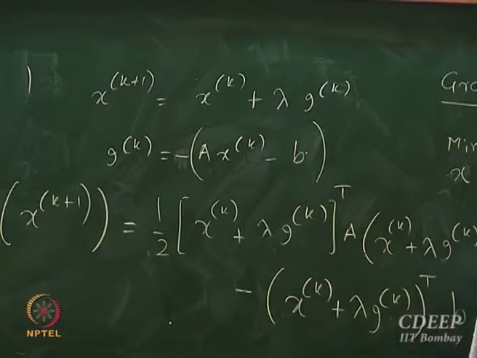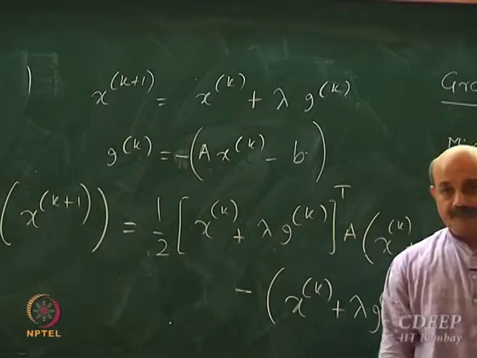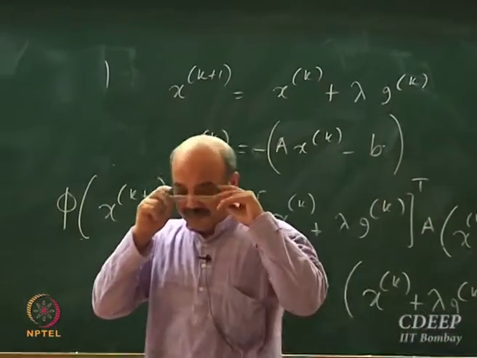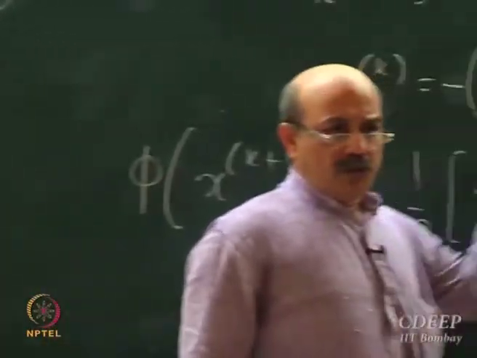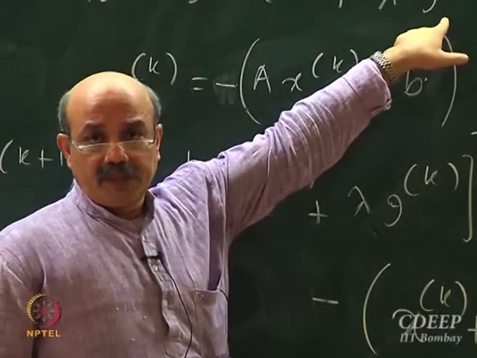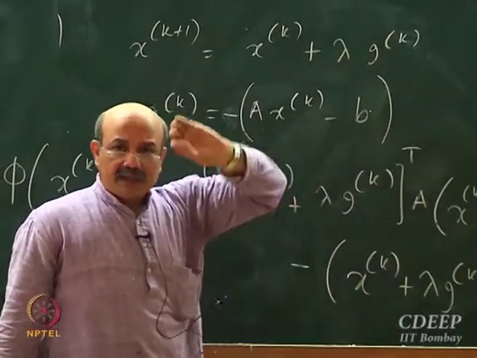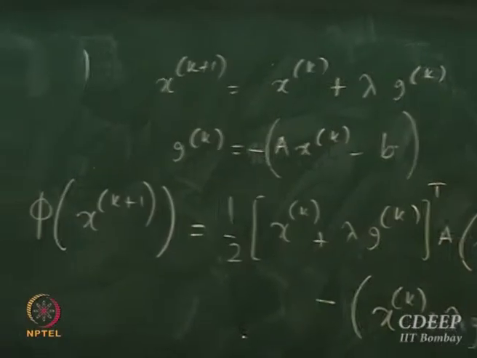What do you get after you minimize? Just expand, just try. What is this quantity? You don't have to substitute this. You maintain everything in terms of gk. Maintain everything in terms of gk. Try to find out which value of lambda will give you